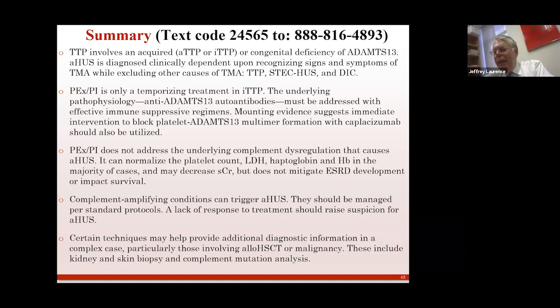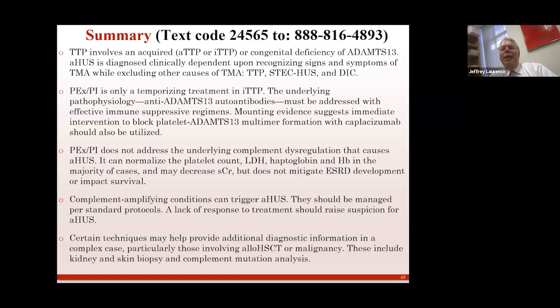So the nifty thing about the use of caplacizumab is that once you've started caplacizumab and the ADAMTS13 is over 20%, you can stop plasma exchange. In fact, there's an ongoing phase 3 trial now of omitting plasma totally from the treatment of TTP. Just treat the patient with caplacizumab, steroids, and rituximab, because basically you don't need to replace ADAMTS13 if you're giving caplacizumab and blocking the interaction between platelets and von Willebrand's factor. And so you can use plasma-free therapy.